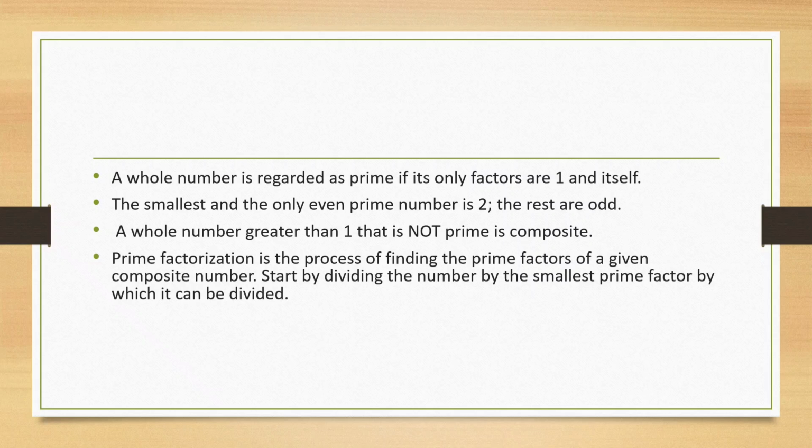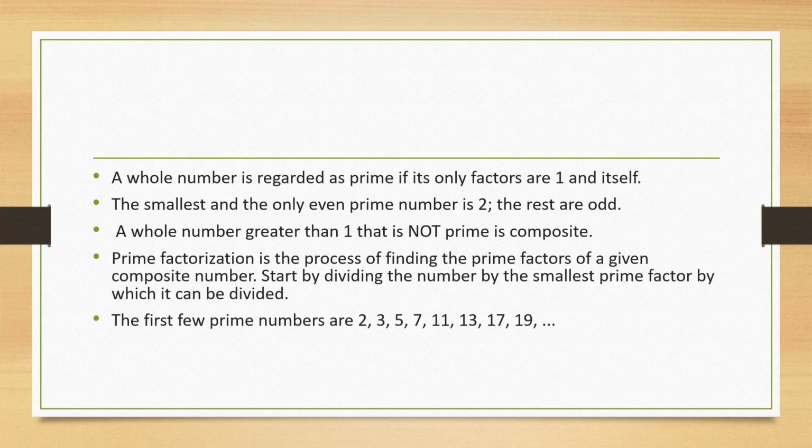So we have to see which prime number we can take first and start dividing. And we all know the first few prime numbers are 2, 3, 5, 7, 11 and so on. We only have to make use of these prime numbers. We will not use any composite number for the prime factorization. The word itself says that we have to do the prime factorization. That means factorization means finding factors through prime numbers only. No composite number is allowed.